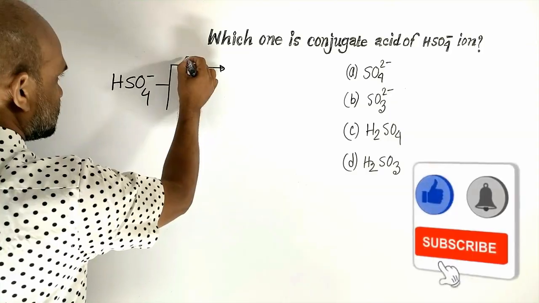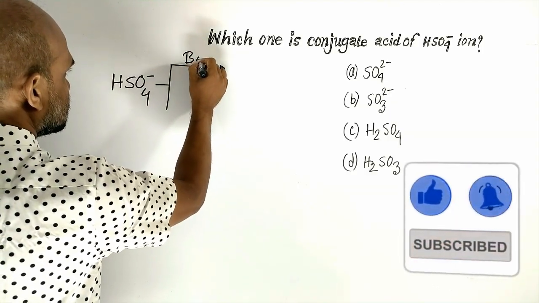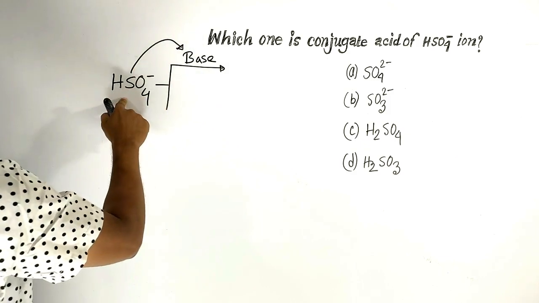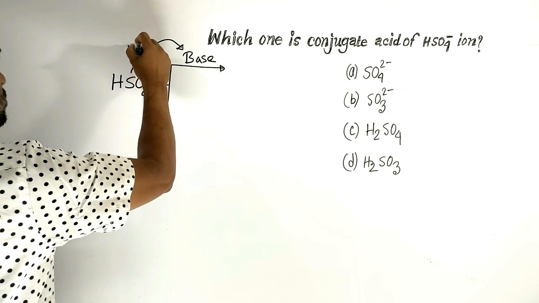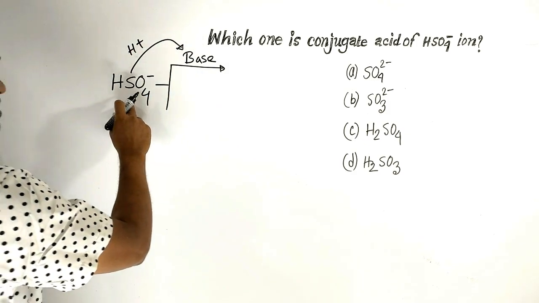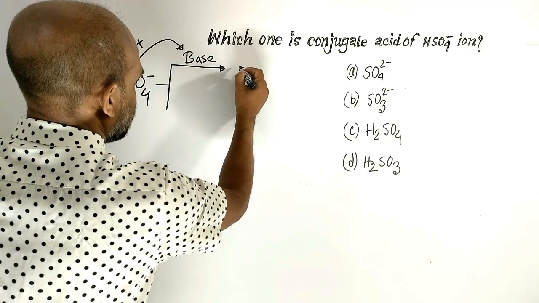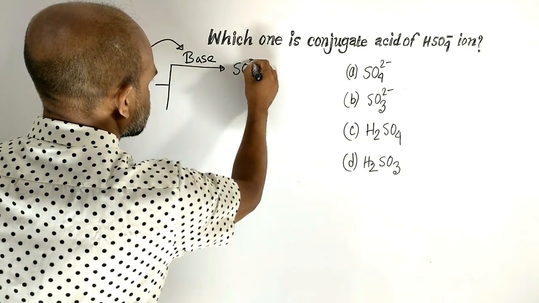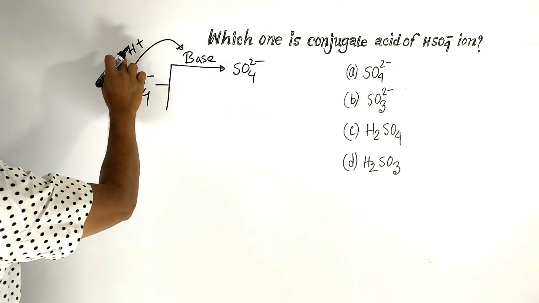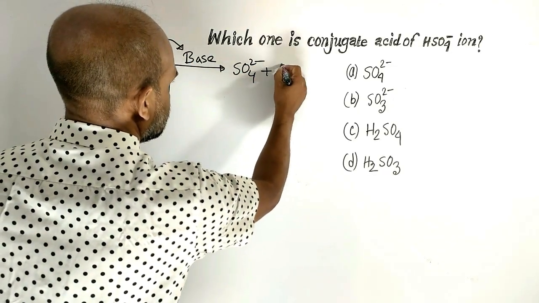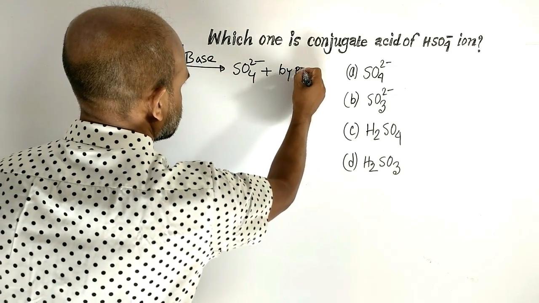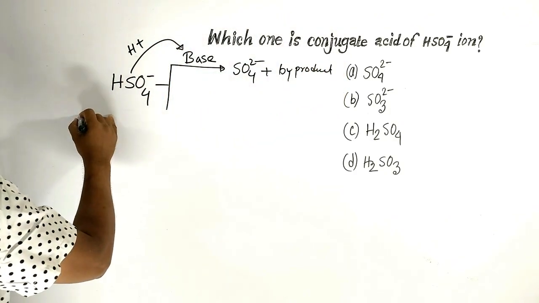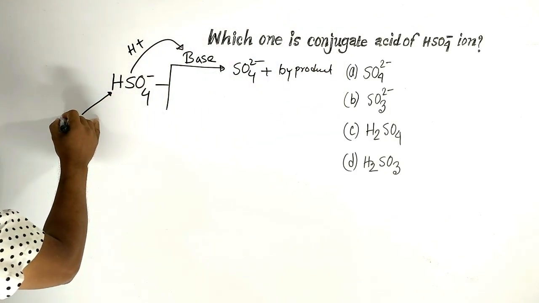When this is treated with a base, it donates a proton to the base. Then the bisulfate ion turns into the sulfate ion after donating a proton. Here is the byproduct. Now, this is the acid,